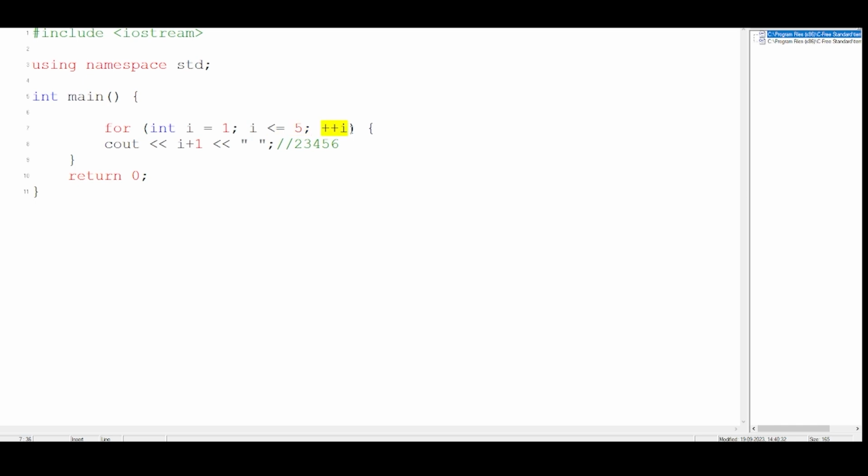And this is the updation. It can be positive, negative, multiply, divide, anything. But we are updating it. Updating means it is not necessary that it will always be plus. It can be minus also. Somebody can write I minus minus, somebody can write I divide something, anything. There is no condition that you have to put plus over there. You can put anything. We're just updating the I value however we prefer. And that is the reason it is printing. So that is the concept of for loop.